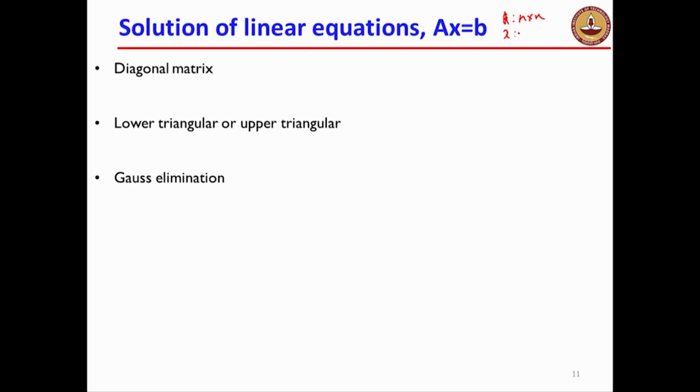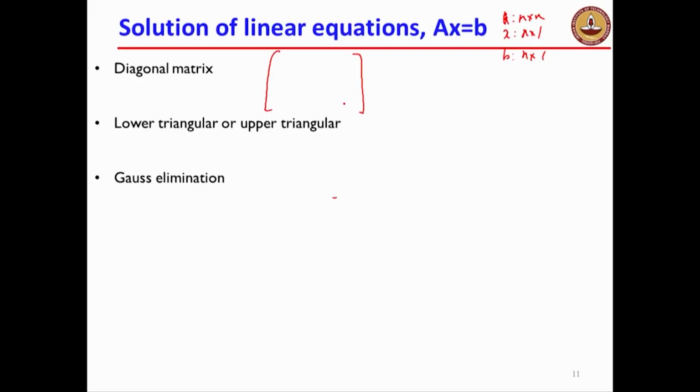Theoretical properties are concerned, when it comes to practically solving linear equations. So I'm going to again say that this is a square system of equations. A is n cross n, x is n cross 1, b is n cross 1. Theoretically we know when there is a solution, and when there may not exist a solution. But as far as practice is concerned, if I give you an arbitrary matrix,